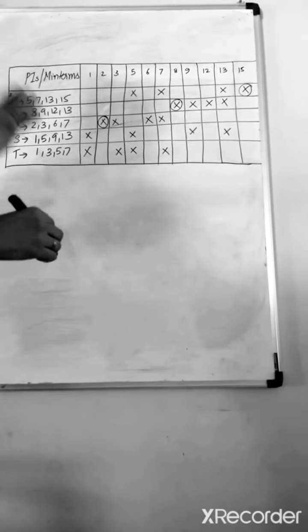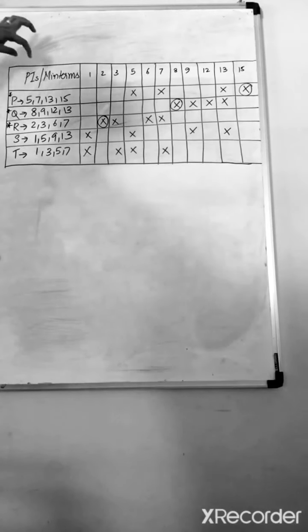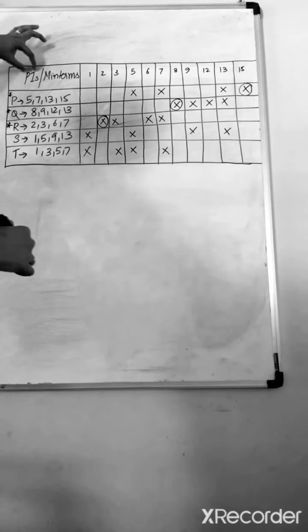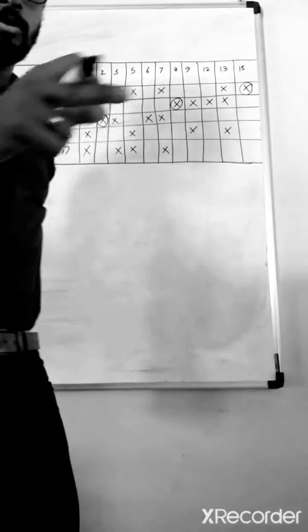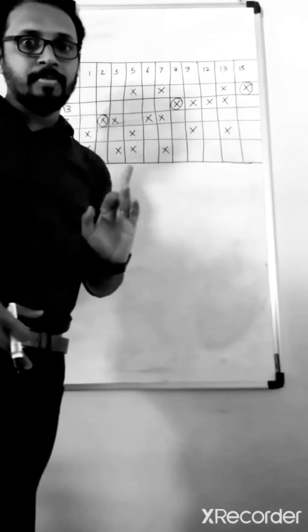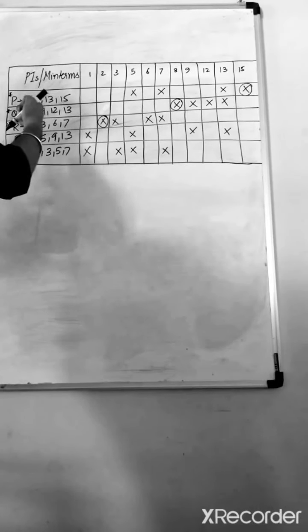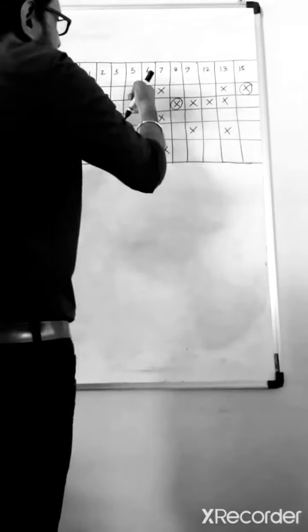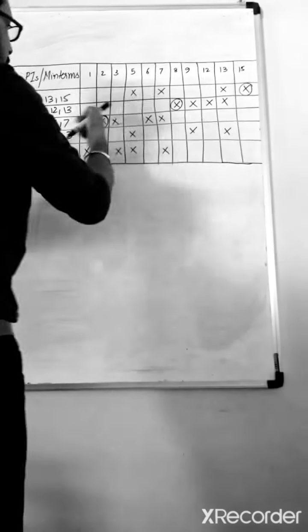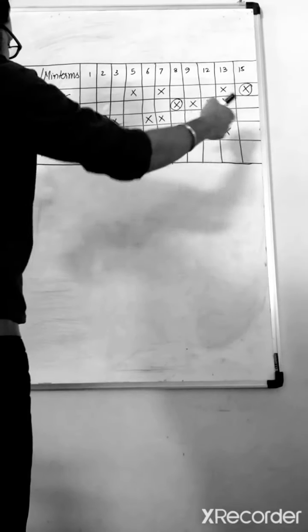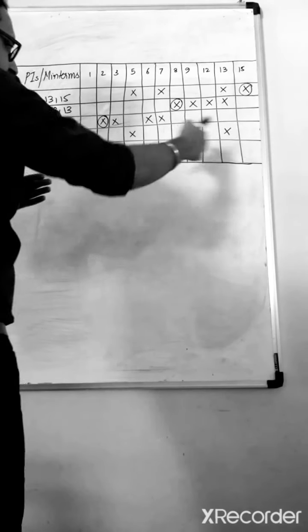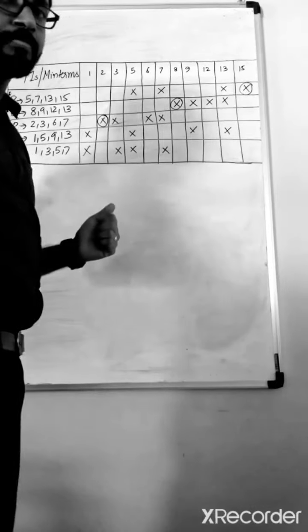And before that, about the prime implicant chart, here we have PIs, that is prime implicants, and minterms, and only those numbers in the question are marked here. And what we did is 5, 7, 13, 15. Yeah, look here, 5, 7, 13, 15. 8, 9, 12, 13. 2, 3, 6, 7. 1, 5, 9, 13. 1, 3, 5, 7. That's all. Okay. It's easy.